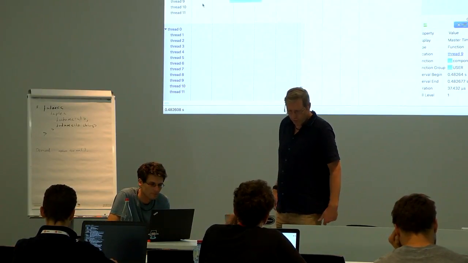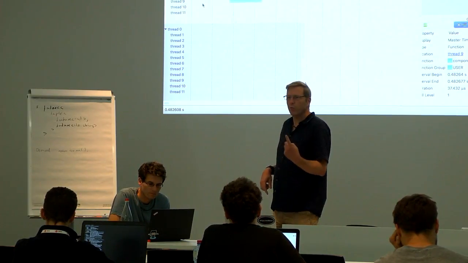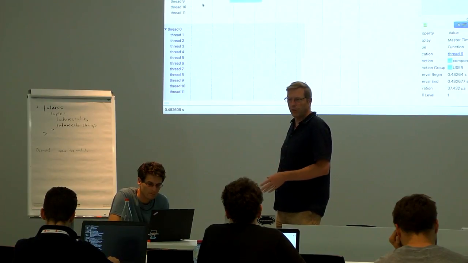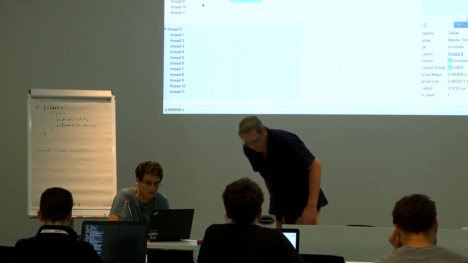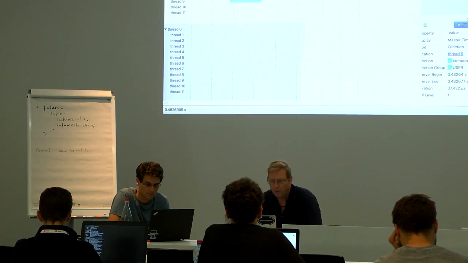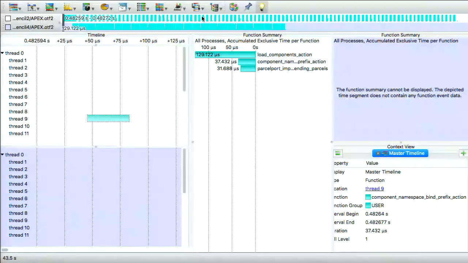And also, because it looks like we're only looking at the trace from one node and not the trace from multiple nodes, it could be that it's waiting for one of the other nodes to do something. But this part is quite